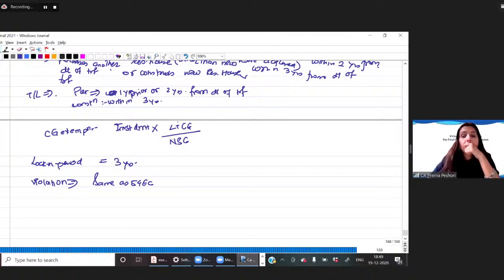Ambika, 54 includes plot of land without building, but then it should be a residential house property. How can only a plot be a residential house property? You cannot live on only a residential house property, Ambika. Ramaya, difference between 54EC and what? Ambika, other than new house property acquired means you should not have any other house other than the one you have newly acquired. Ramaya, I didn't get your question. 54EC applies only on actual transfer, meaning what? What do you mean by that?